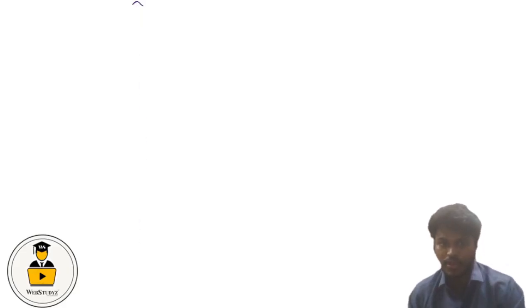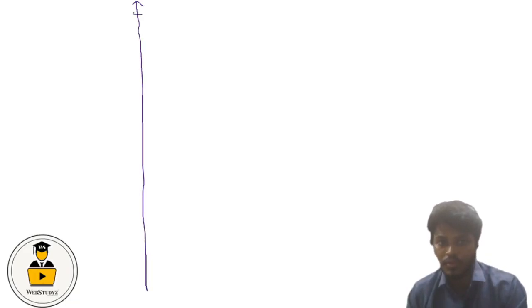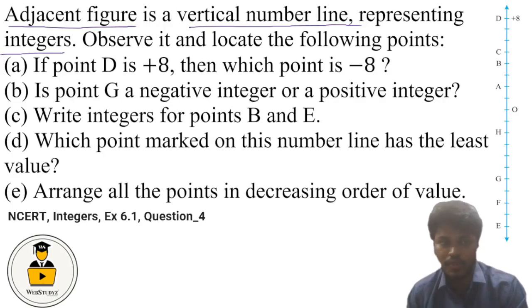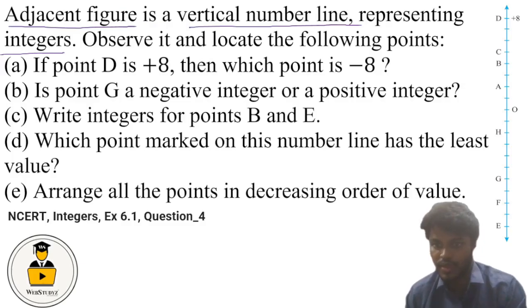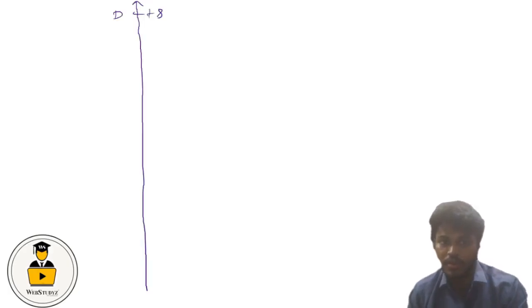Let us draw the number line. Let us assume that this is our point D, which is at plus 8, and we can see that O represents our center. So O is the zeroth position, at the zeroth integer position, and there are a total of 1, 2, 3, 4, 5, 6, 7, 8. So there is an interval of 1 between the consecutive points, an interval of plus 1 between the corresponding points.